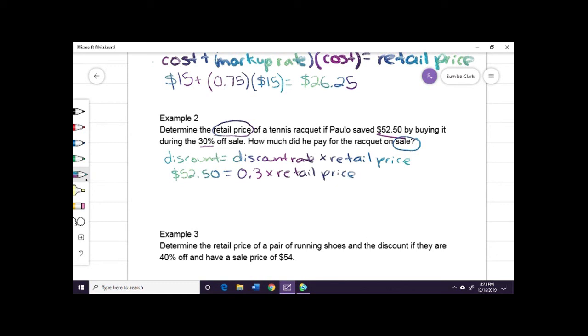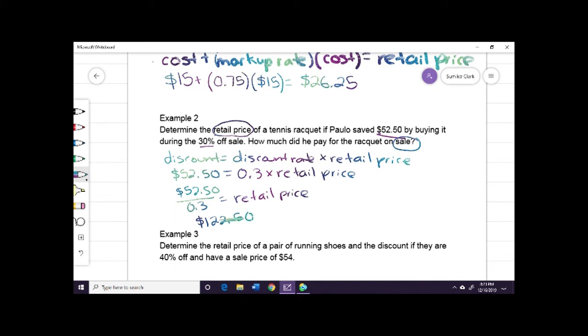So to find out the retail price, we would divide $52.50 by 0.3, and that will give us the retail price. So once again, feel free to use a calculator at this point. So if you do that on a calculator, you will get an answer of $122 and,